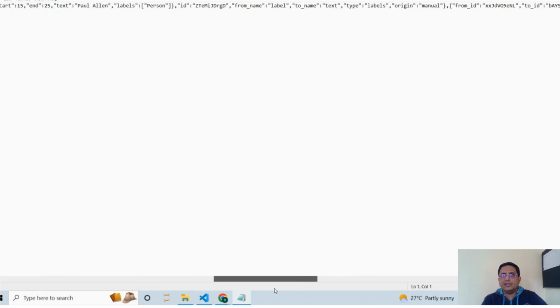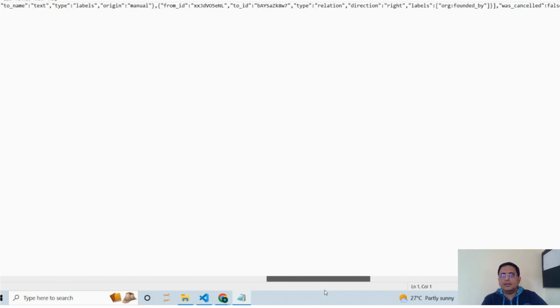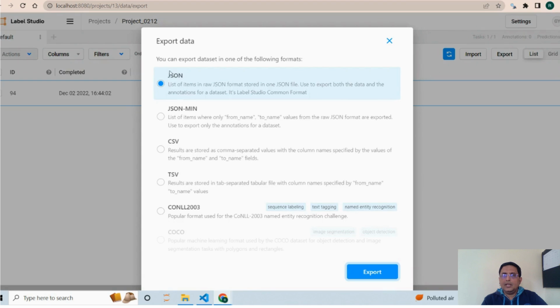Paul Allen is again identified, and we also see the relation, right? In this case, the from ID, to ID, and the type is relation, and in this case the label is found to be founded by, right? So we need to essentially refer to the raw JSON here, the first option, to get the